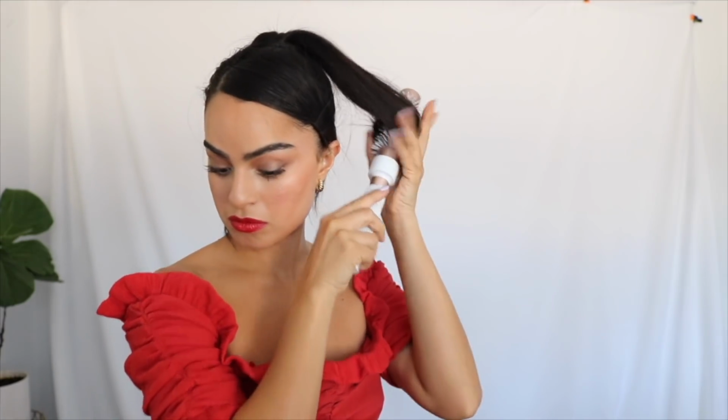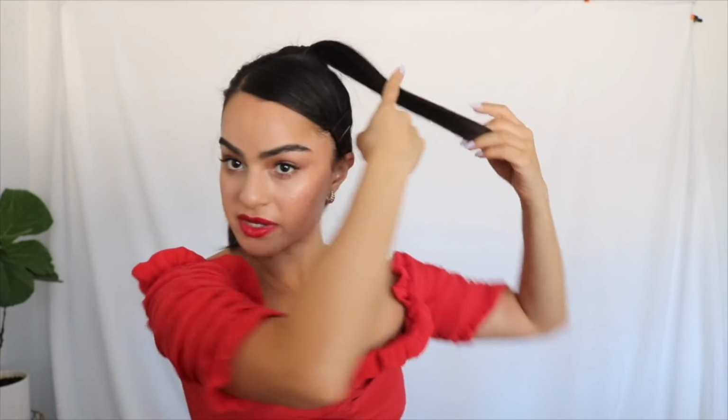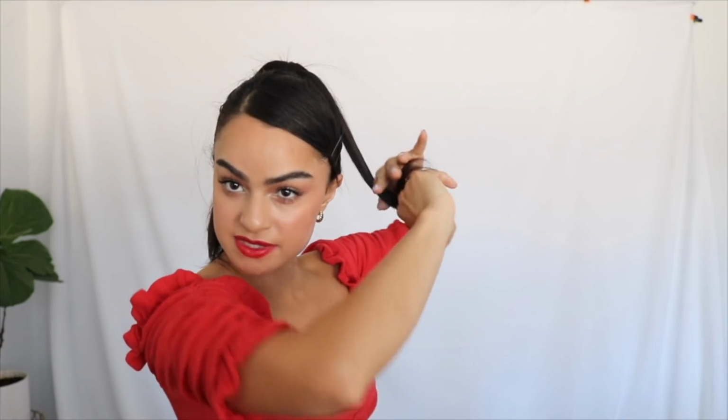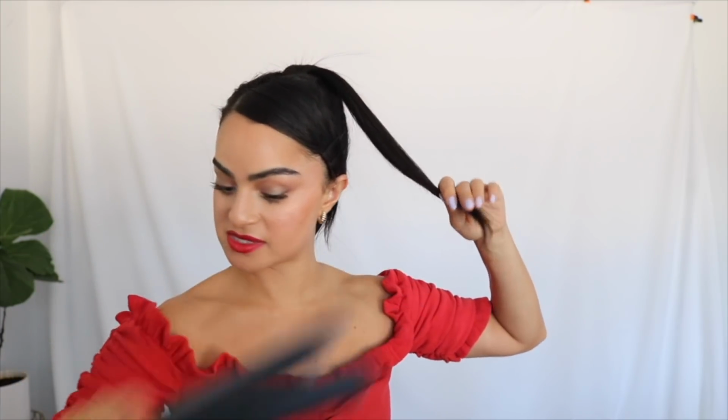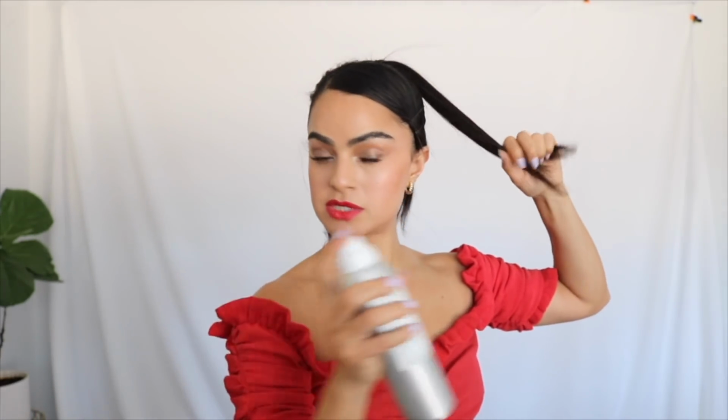If you want to leave it like this, you can even make it a little bit more 90s if you take a barrel and then hold it and then go this way. But because I want to do a little flip at the end and make it kind of like a Barbie, we are actually going to blow dry it first like this. And then we're gonna take our flat iron and go over it and just add an extra bend and extra flip. I'm gonna use some hairspray